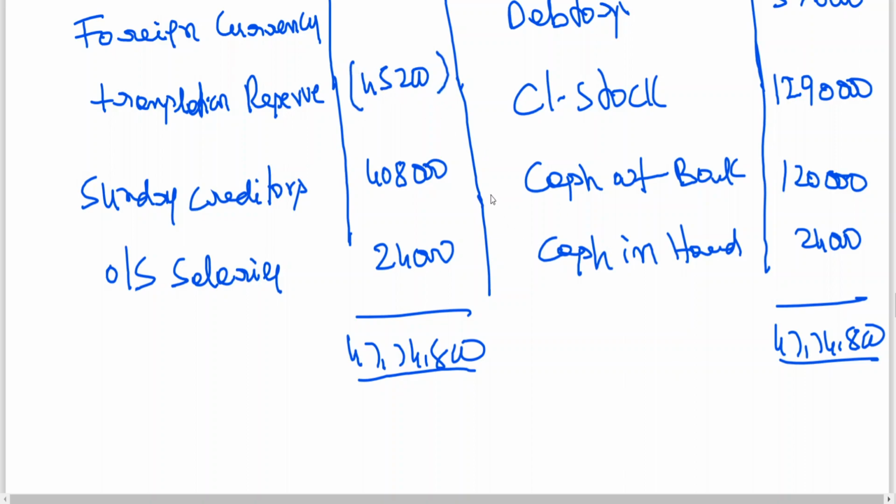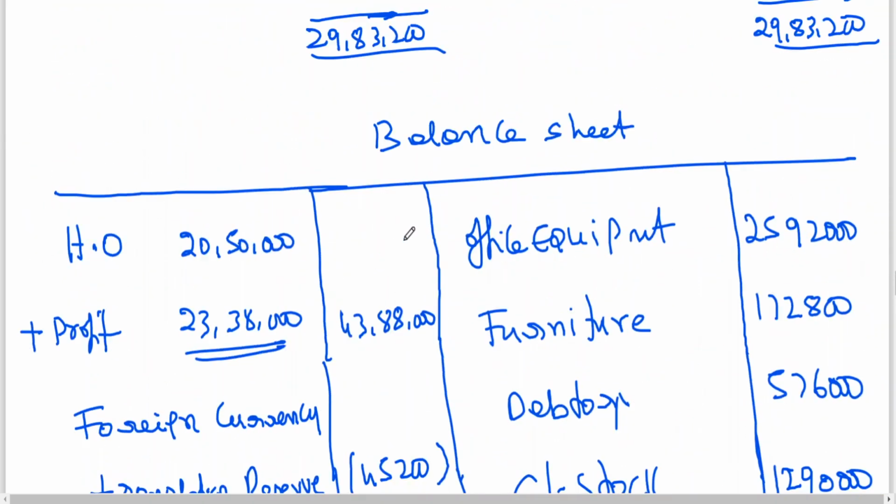Some people may suggest you write it on the asset side, but reserve will always appear on the liability side, no? So better you write the reserve as a negative. This will continue as long as non-integral foreign operations are continued. Once the non-integral foreign operations are discontinued or disposed, this reserve will be closed by transferring to the head office account. Is this clear? Till then it will be continuing.